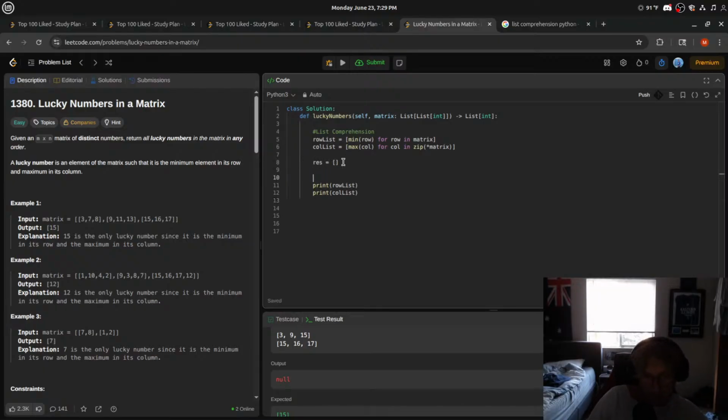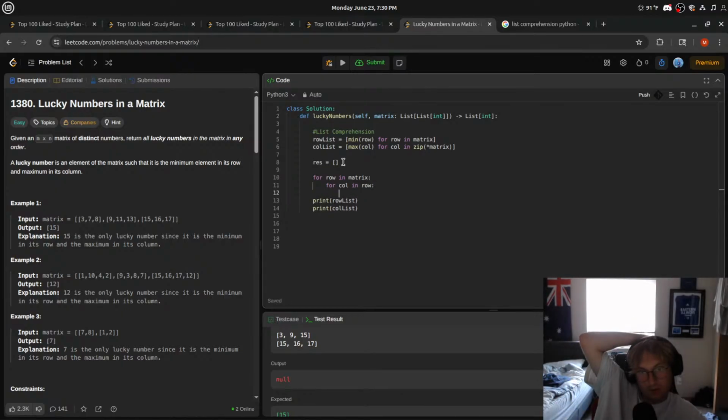Obviously, we're gonna need a res. Row in matrix, colon row. We want to check. We want to get the max. What do we want to do? A lucky number is an element of matrix, as it is the minimum element in its row and the maximum in its column. So we would do